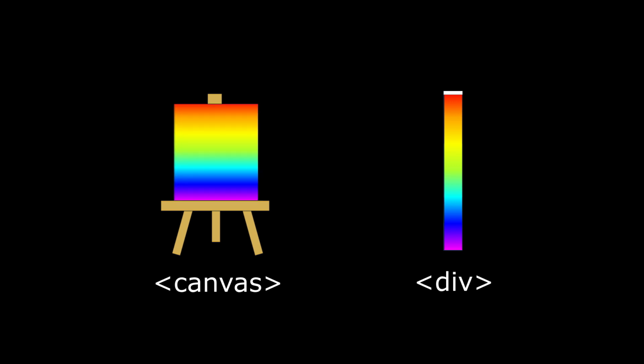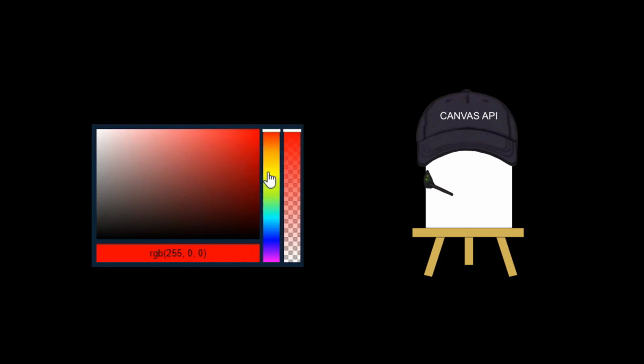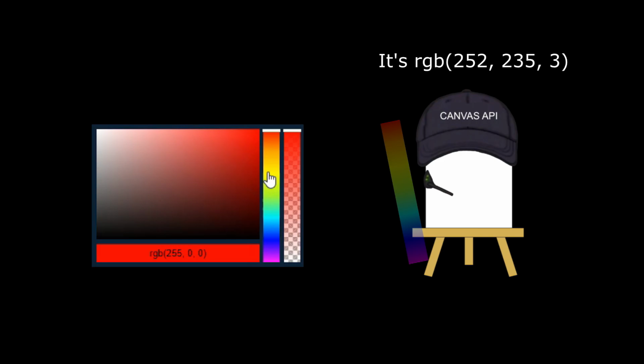So just to be clear, the canvas and the hue component are 2 separate entities made with 2 different HTML elements. However, both of them will have the hue gradient as the background. The hue component is visible in the color picker's GUI, but the canvas isn't. And unlike the hue component, the canvas cannot be interacted with since it's hidden, hence it won't be clickable nor have a slider of its own. It only has the gradient. The purpose of the hue component is to get the coordinates of the mouse and use those with the canvas's API in order to read the hue that was selected by the user.